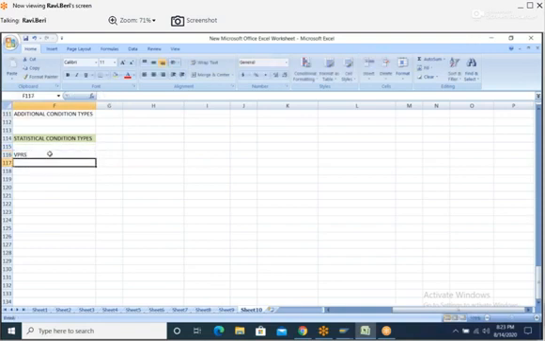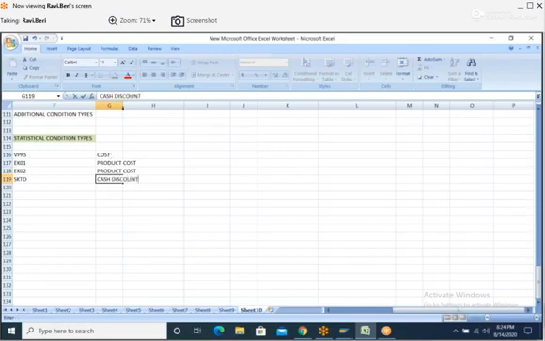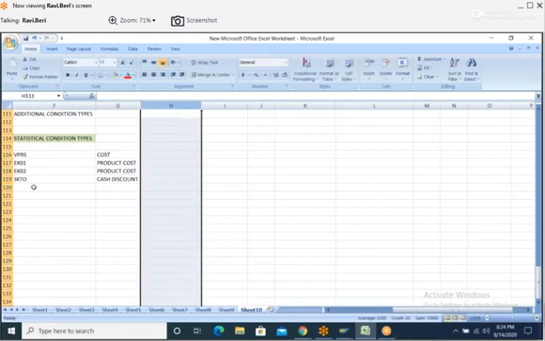So we have some condition types, like VPRS, which is cost, EK01, EK02, and SKTO, cash discount. This is the simple cost, this is the product cost, this is also product cost, and this is cash discount.